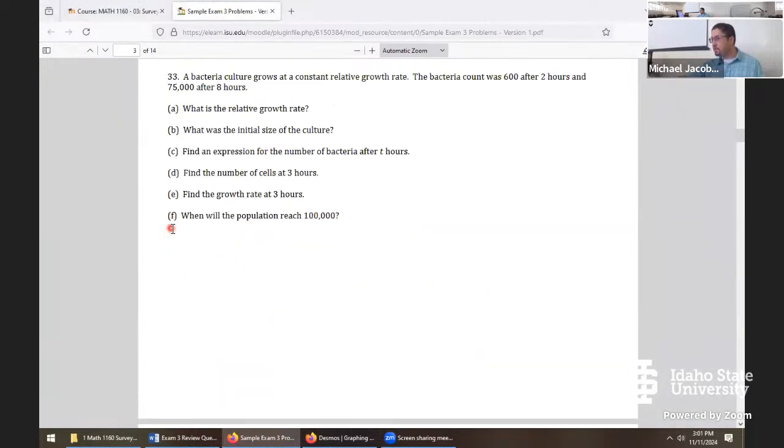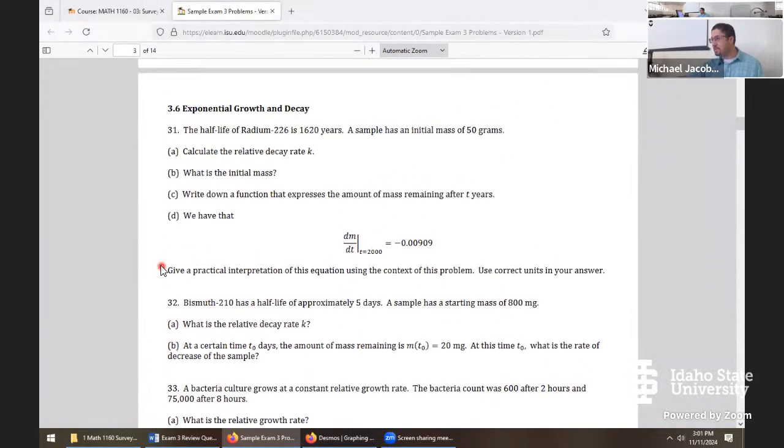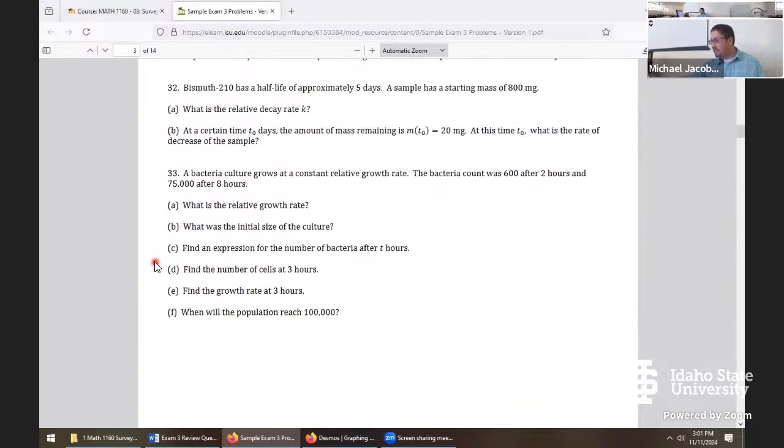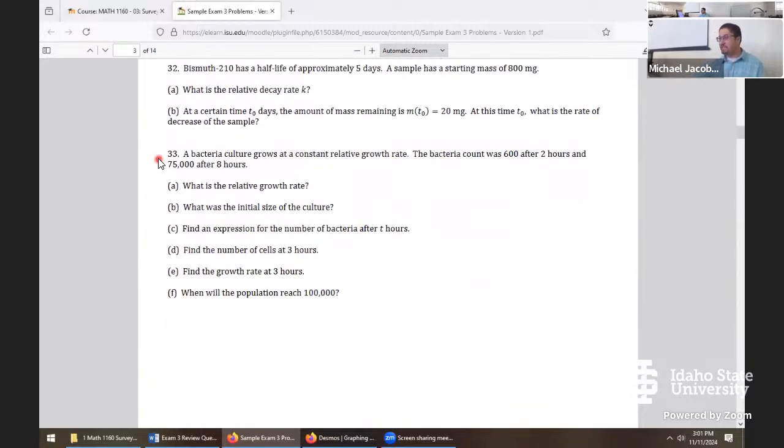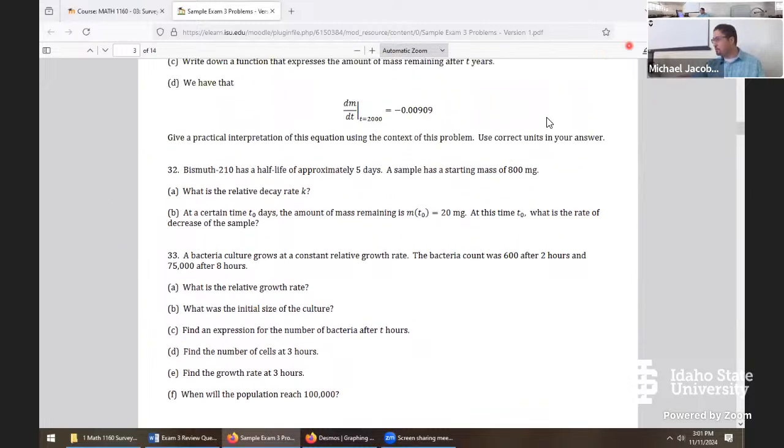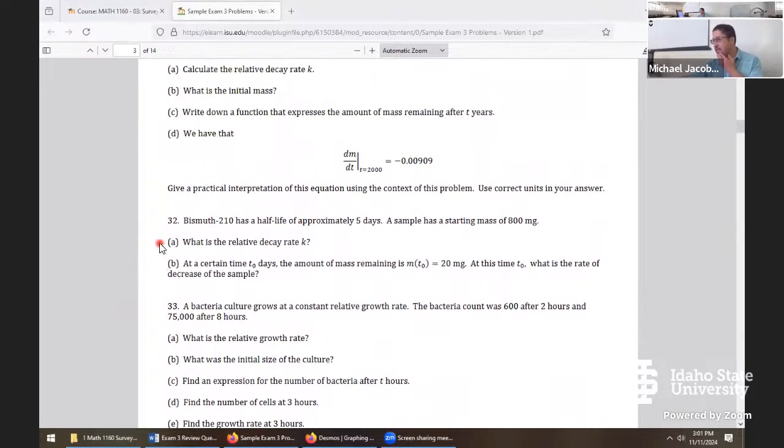That's got to be section 3.6. Some of these are harder than others. I think a problem like 33 probably does not make a good exam problem, but it's a good one to take a look at in practice because it's a little bit extra challenging. It'll make the actual exam a little bit easier. Something that's more of a routine exam problem might be something like, say, let's see,